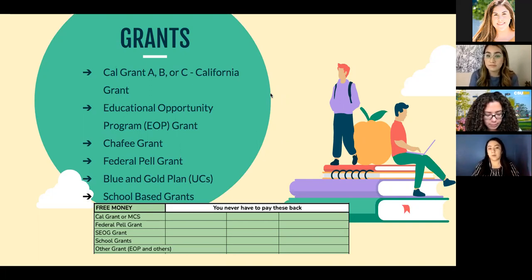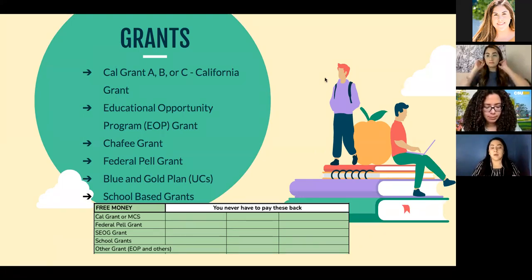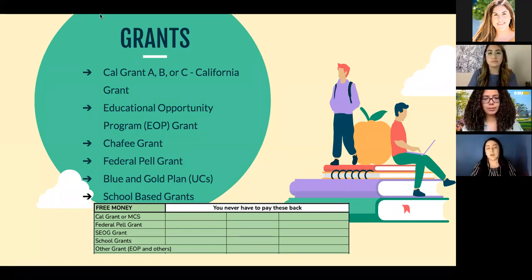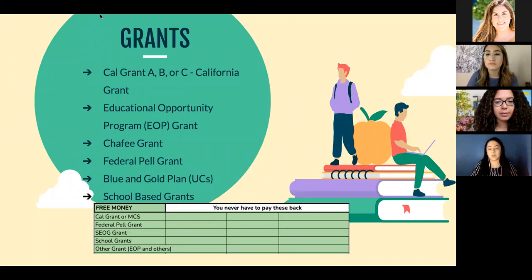So that's the important thing to keep in mind and to factor in when you're looking at your financial aid award. And I'm just going to briefly go over what Cal Grant A, B, and C are. But again, if you do need more information on that, we highly encourage you to reach out to your college advisor as they will have more time to review these with you. First off, Cal Grant A requires a 3.0 GPA, and you can be eligible for up to 12,570 at a UC and 5,742 at a Cal State. These Cal Grants are usually aimed to possibly cover tuition costs, sometimes fees, but it just depends.